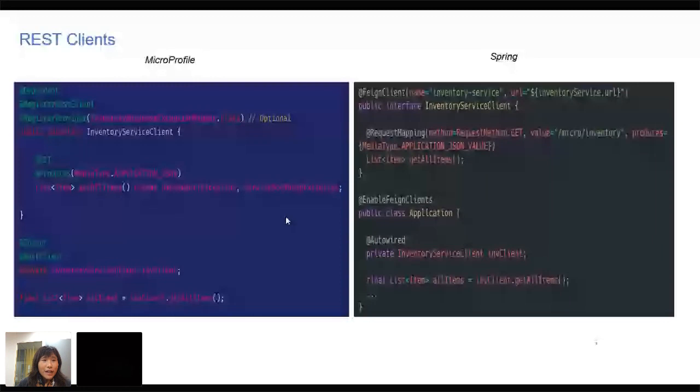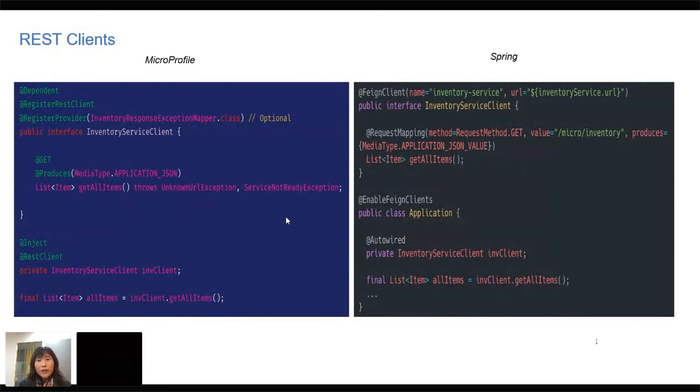Then you add RegisterRestClient, and then in microservice A, in your JSON resource, you can directly inject this instance. You can add @Inject and @RestClient, and also the InventoryServiceClient. With this, the MicroProfile REST client implementation will directly create an instance and inject it into this